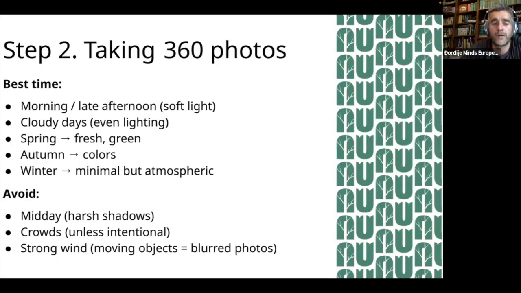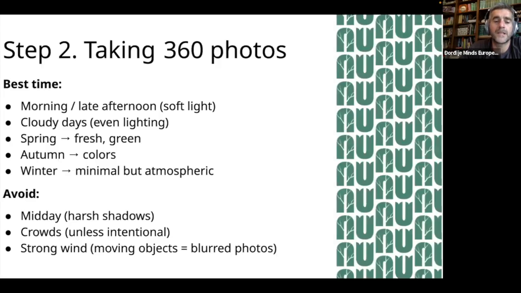What you should avoid when taking photos is midday. That's what I had at noon in the park, because it was overcrowded, and when you put your camera down, some people may distract from the attraction you want to photograph. Then you have to wait for people to go away and then take the photos.